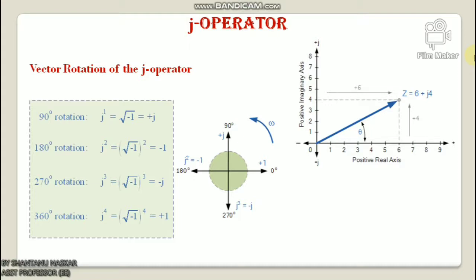To distinguish an imaginary number from a real number, the letter J, known commonly in electrical engineering as the J operator, is used. Thus, the letter J is placed in front of the real number to signify its imaginary number operation. Look at this equation. Examples of imaginary numbers are J3, J12, J100. Then a complex number consists of two distinct but very much related parts: a real number plus an imaginary number, like Z equals 6 plus J4.